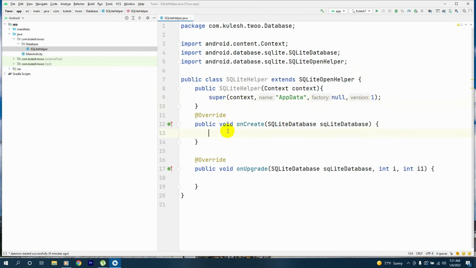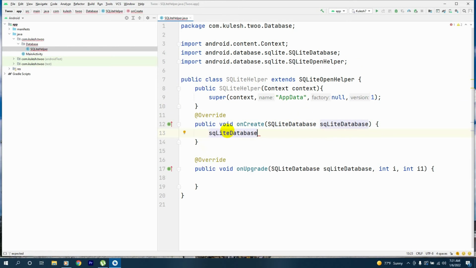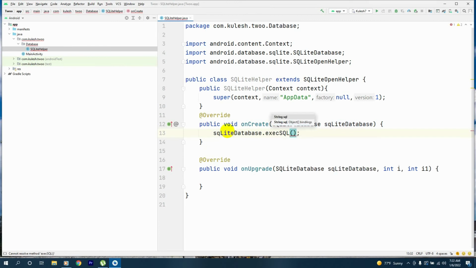Okay, so let's go to onCreate where we provide the onCreate actions, and here we'll call the SQLite database .execSQL, and here we'll create a new table. Create table. We'll call this user,